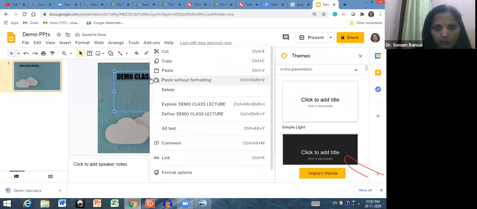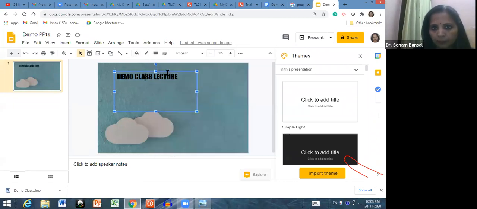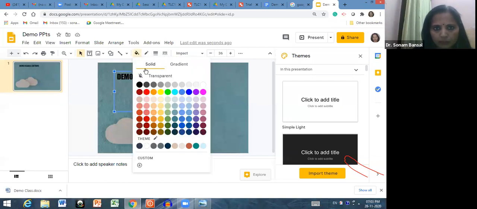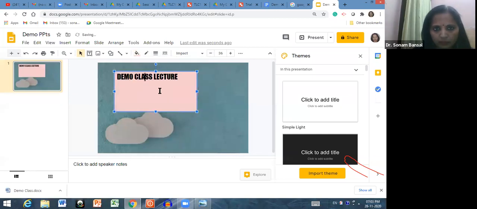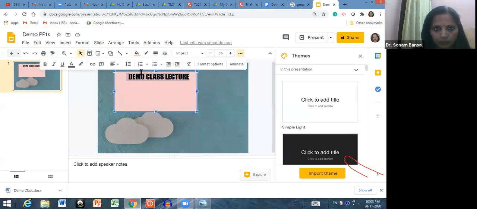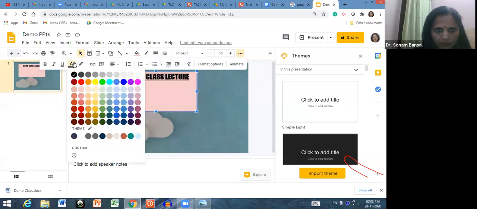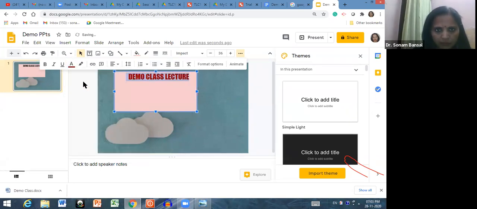Change the text color. See, if you want to fill the color, then you can do that. Like this. Select this and make it centrally aligned. Change the text color.